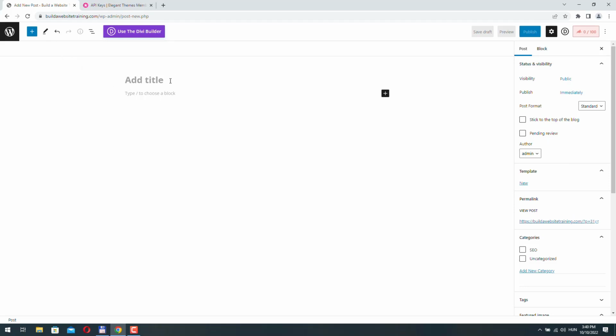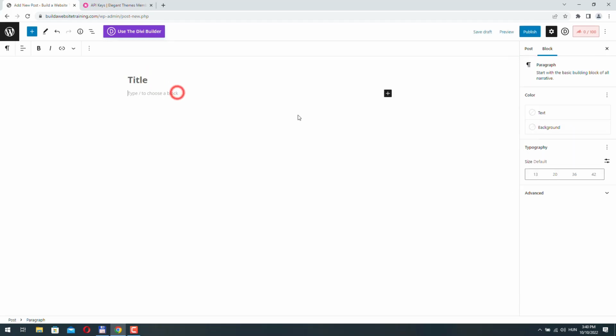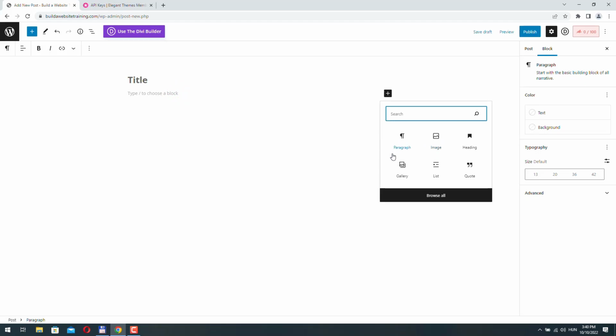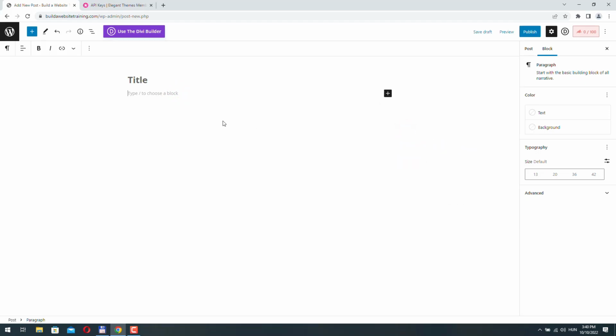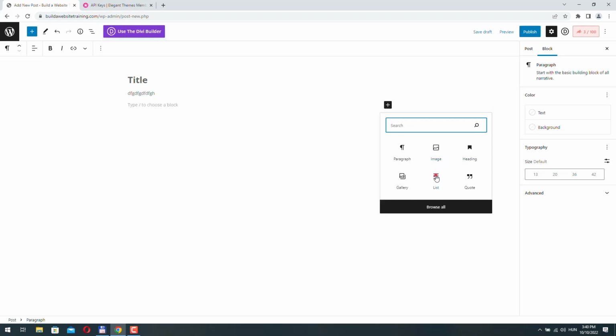And if you have never used it, it can be kind of difficult to make heads or tails of this thing. But basically here you would just add a title, and then you can add blocks here like a paragraph or a list.